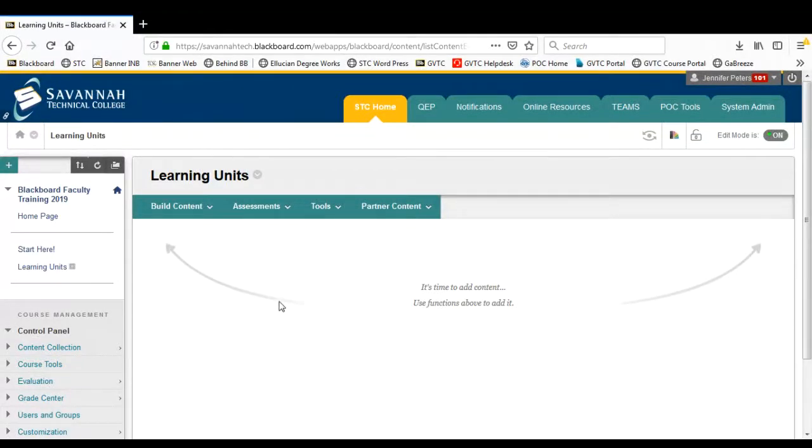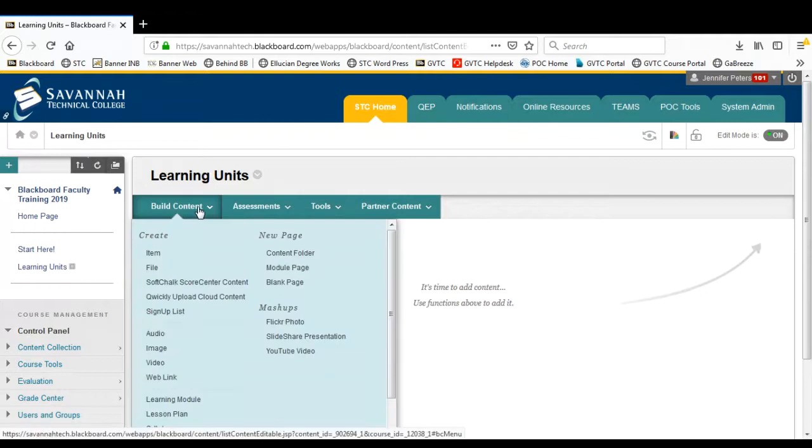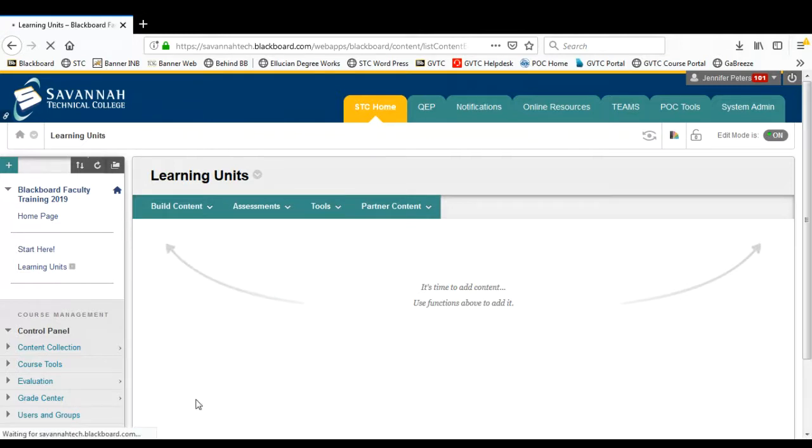In this tutorial, I will be covering adding different types of content items into a content area. So for my blank learning units area, the first thing that I actually want to add to this area is going to be a learning module. To do that, I hover over my build content, and under this create section, I'm going to click on learning module,